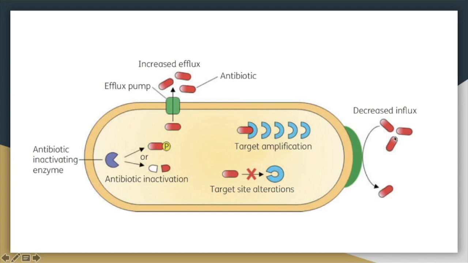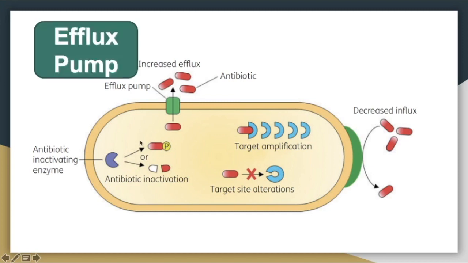The other one is on the opposite side of the spectrum. You can have a mechanism where you're not able to get the antibiotics into the cell. So decreased influx, okay? Because these antibiotics work inside the cell. The other thing is that you can change your target site. So in this case, that would be the 30S subunit. Or the bacteria can produce enzymes that inactivate the antibiotic. So in this case,